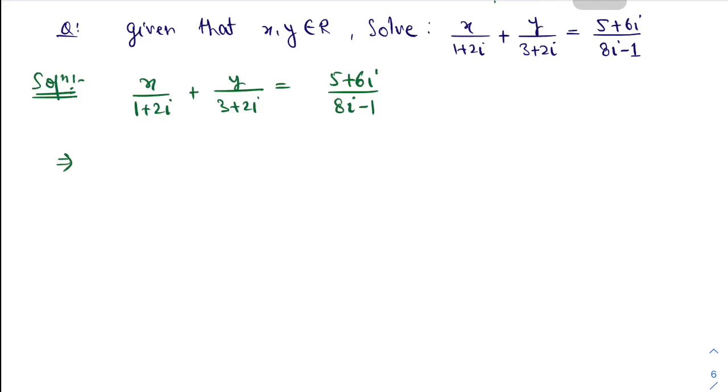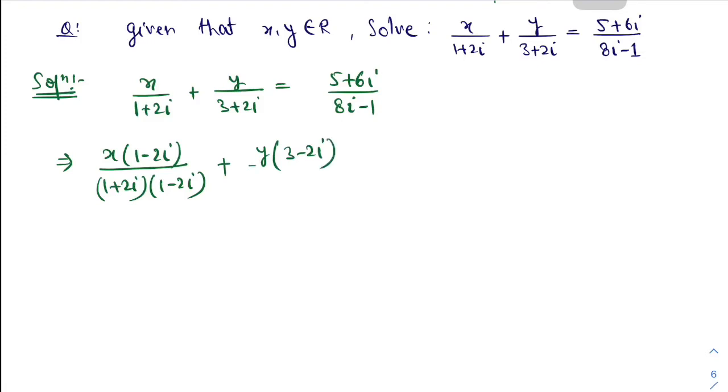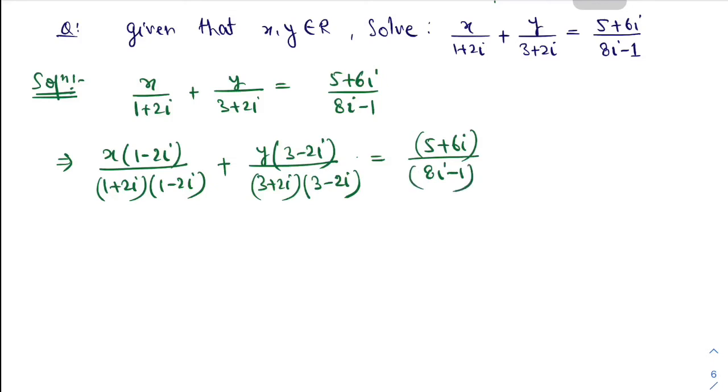In each fraction I will have to multiply by the conjugate of the denominator. So x times 1 minus 2 iota upon 1 plus 2 iota into 1 minus 2 iota, plus y times 3 minus 2 iota upon 3 plus 2 iota into 3 minus 2 iota, is equal to 5 plus 6 iota upon 8 iota minus 1, multiplied by